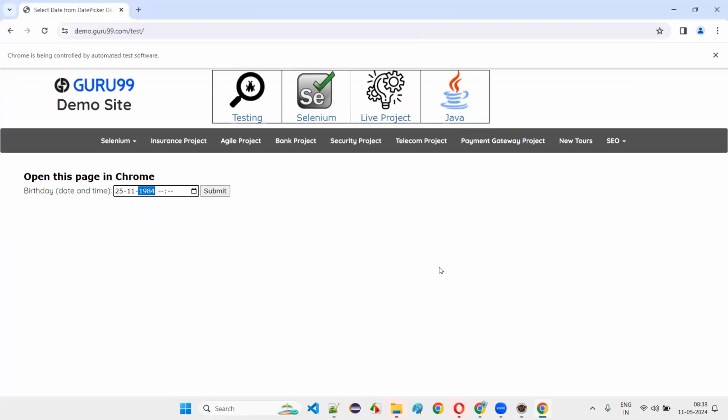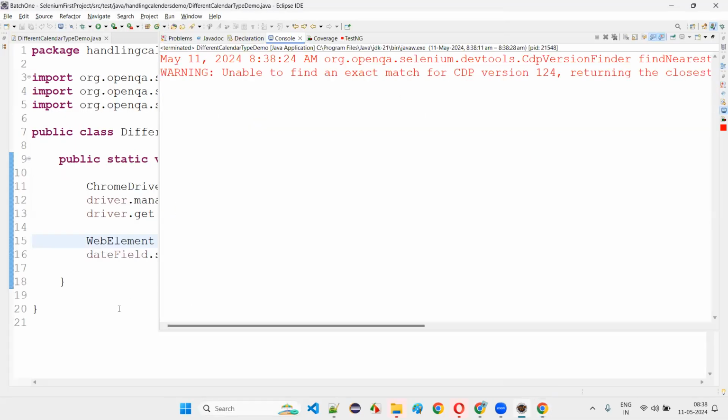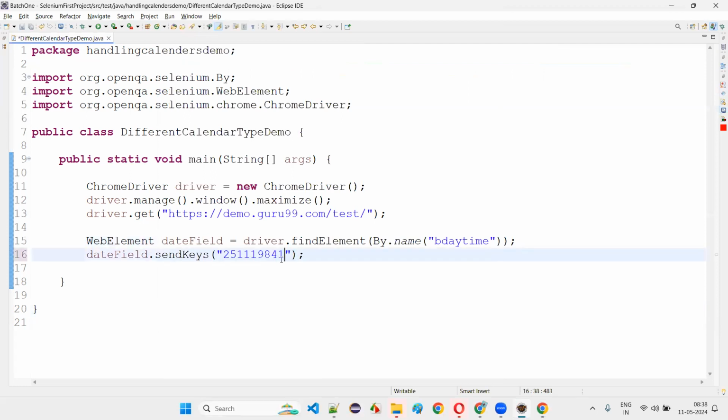What's happening? Just observe on the screen, guys, whether the date is getting entered or not. Yeah, 25/11/1984 has been entered properly. What do I have to enter then? Hours and minutes also. I don't remember my time, but it's around